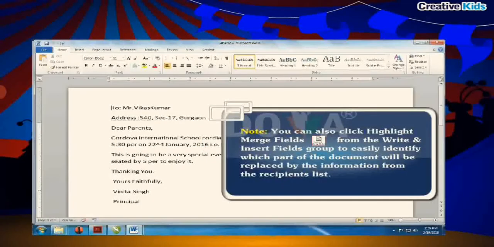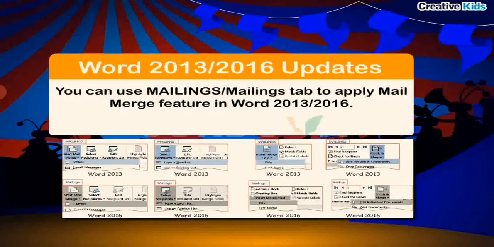Note, you can also click Highlight Merge Fields from the Write and Insert Fields group to easily identify which part of the document will be replaced by the information from the recipient's list. The merged letters will be opened in Microsoft Word window for further editing. Word 2013 or 2016 updates. You can use Mailings tab to apply